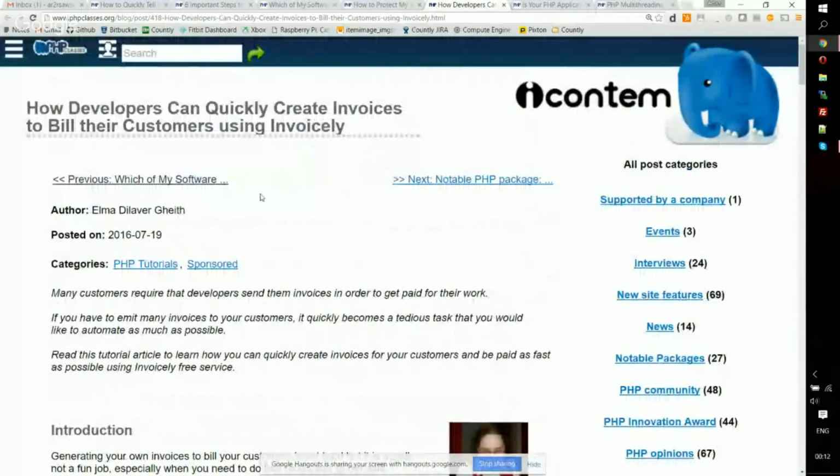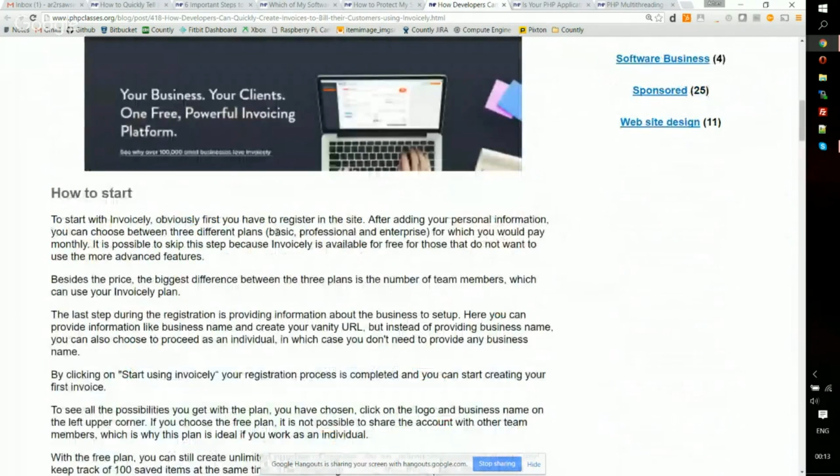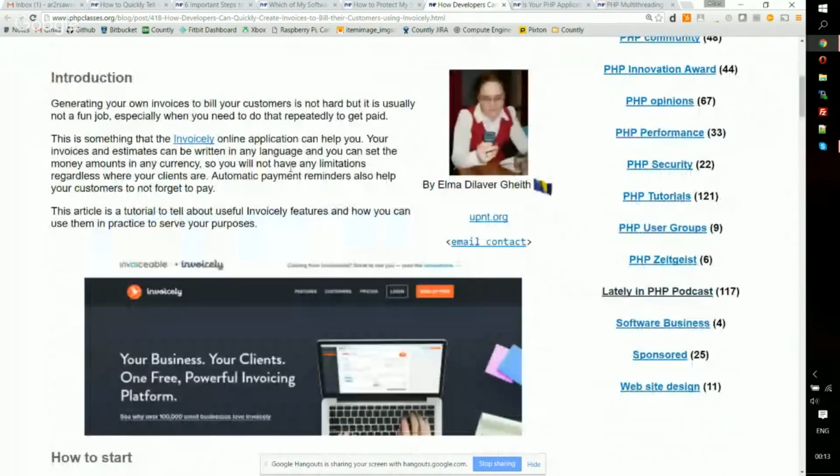So the first article I wanted to comment on is how developers can quickly create invoices to bill their customers using Invoicely. This article is written by Elma Dilavergheit from Bosnia and Herzegovina. At first I thought it would be a WordPress plugin, because it usually is, but this time no, it's mostly about the service. The service generates invoices and allows your customers to pay you, which is an important part if you're